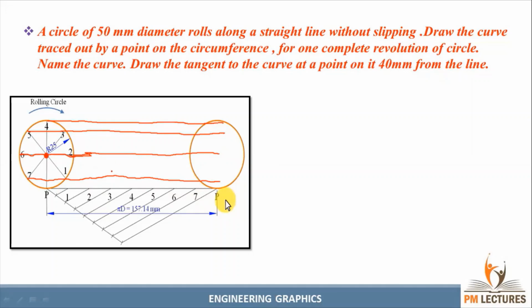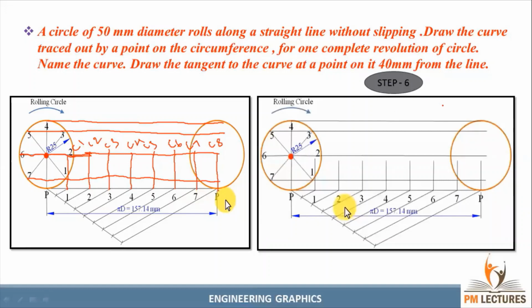Okay, after drawing this, from this horizontal line 1 point, we need to draw a perpendicular line up to the center line. So this is the center line. From the second point also, from the third point also, and from the 4th point, we need to draw from each point. Similarly, we can draw the lines up to the center line. Give the names, as this is the center line only: C1, C2, C3, C4, C5, C6, C7, and it will be C8 or CP. Okay, so it will look like this, guys.